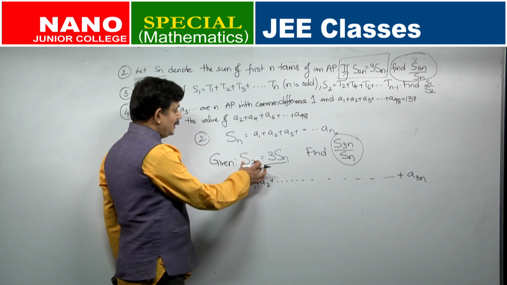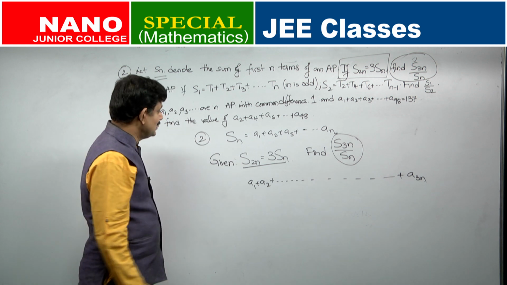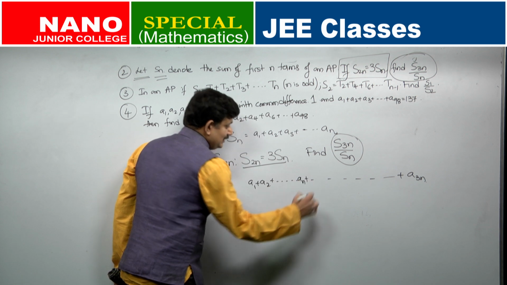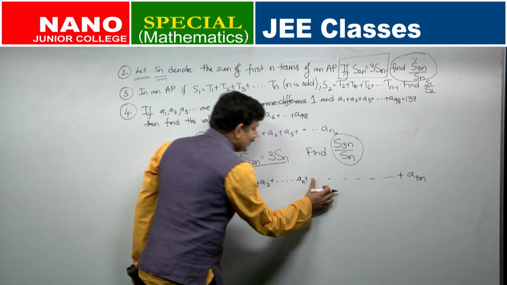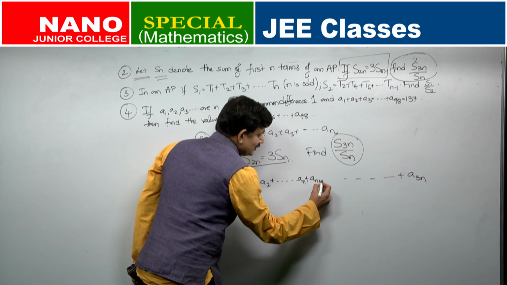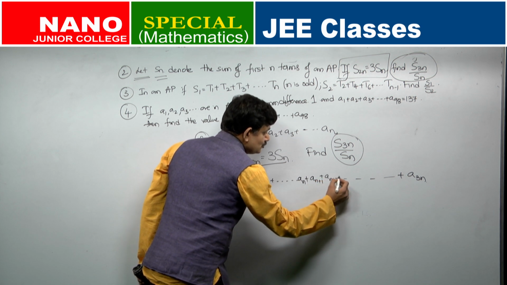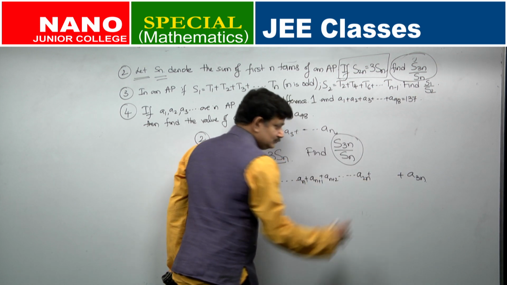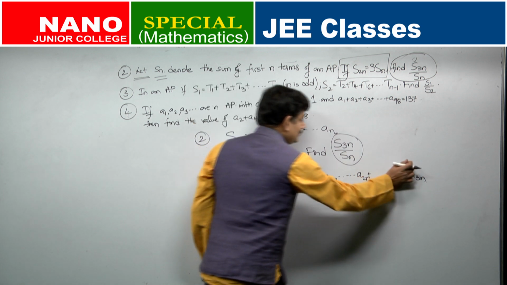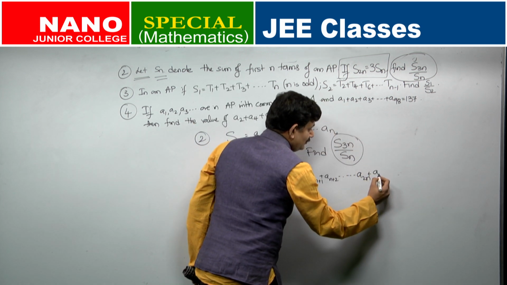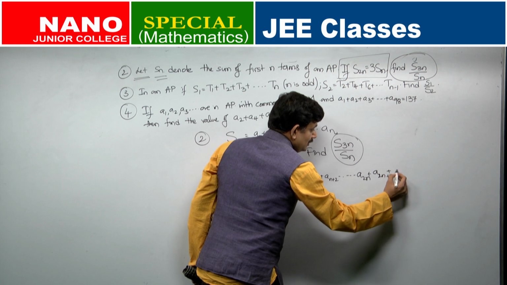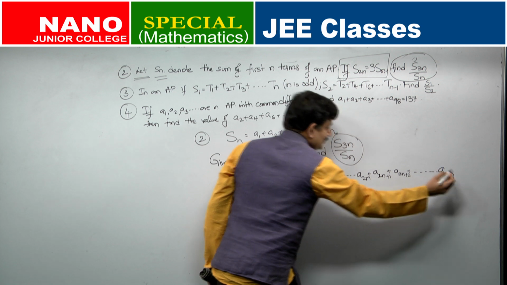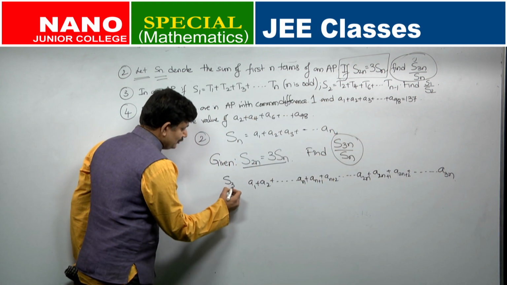Now, this has some parts. In the given information, I am discussing up to A2n. So, let me cut this discussion into three parts. Let me first break it at An. From here again I will continue. Next term what will it be? An plus 1, An plus 2 so on up to where will this continue? A2n. After this what will I get? A2n plus 1, A2n plus 2 so on. This discussion will continue up to where? A3n. So, this is S3n for you.